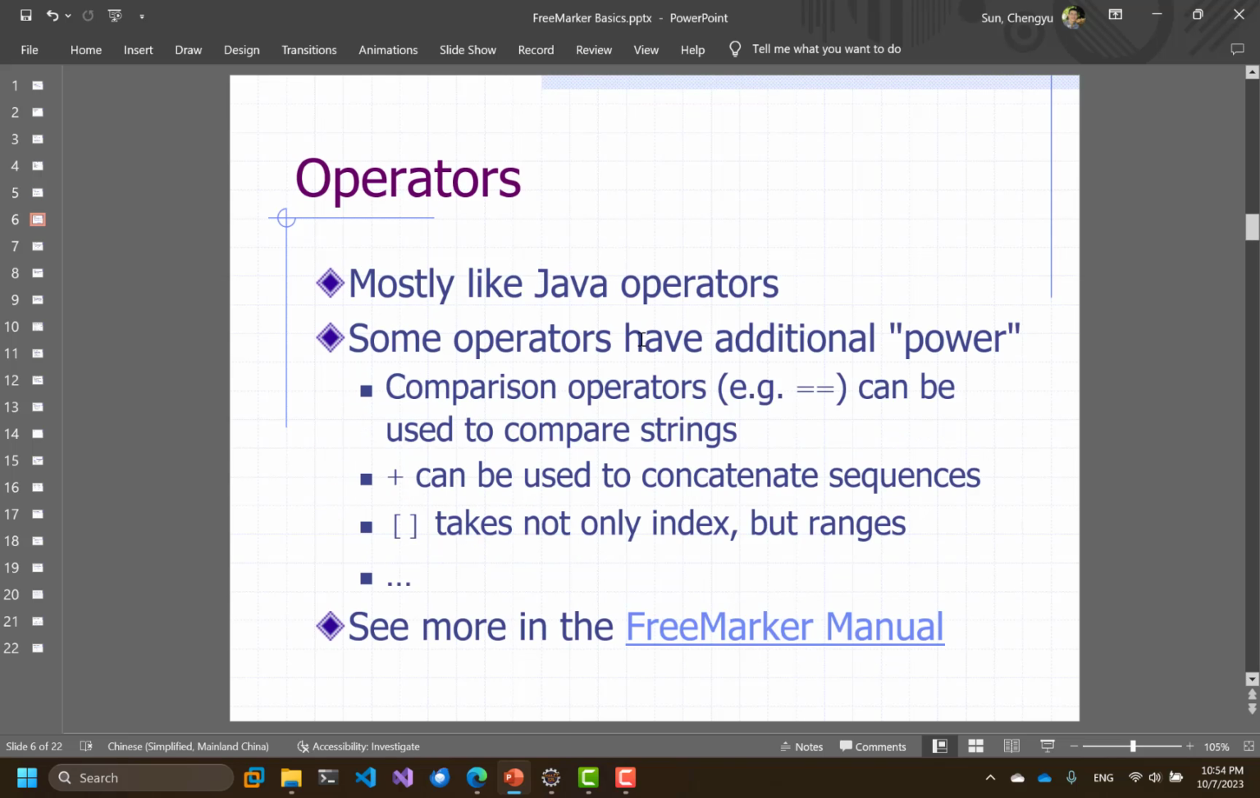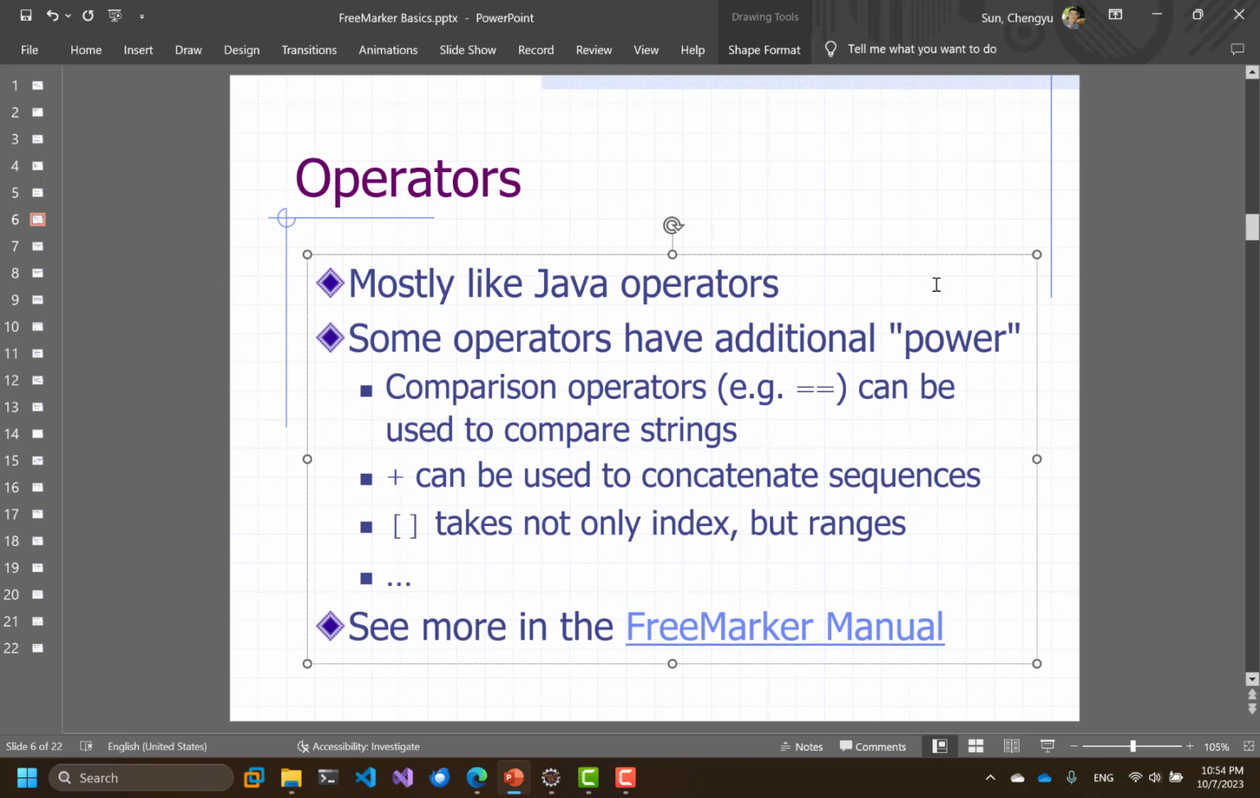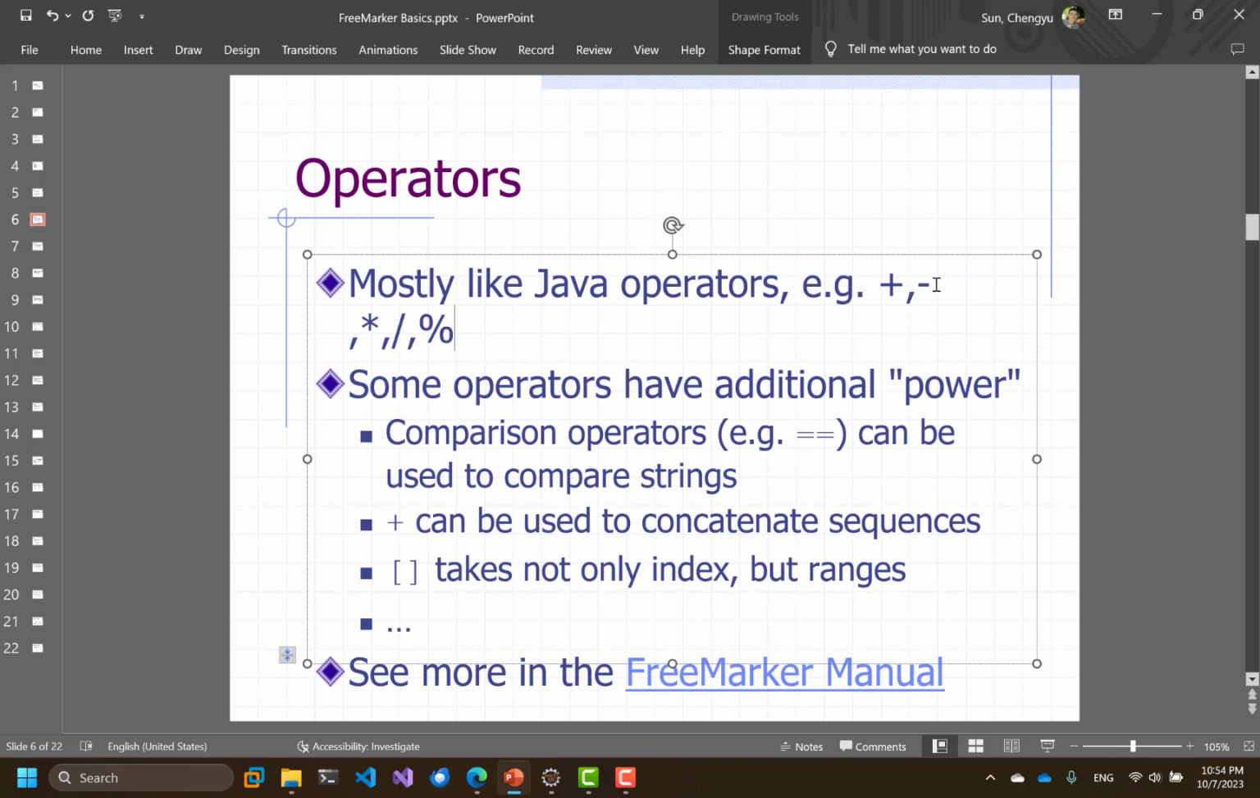Operators in FreeMarker mostly look like Java operators, and most of them, like arithmetic operators, plus, minus, multiplication, division, modulus, for example, are basically the same as Java ones, and logical operators like and, or, and negation are also like Java ones. Now,